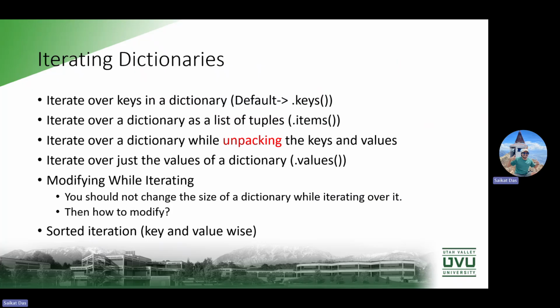For the sorted dictionary, you could either sort it by the key or by the value. As I told you, there might be multiple values, so you may not sort it, or you cannot get the key from that particular value. But if you're using a key to sort it, then you can easily find the values associated with the key,